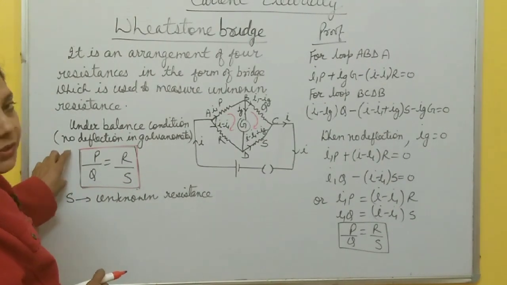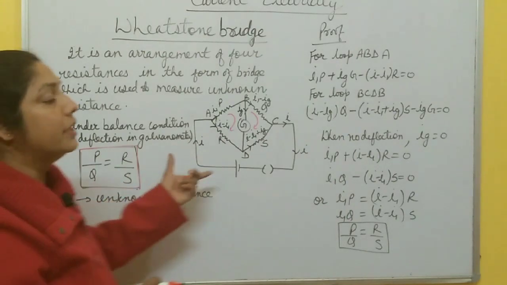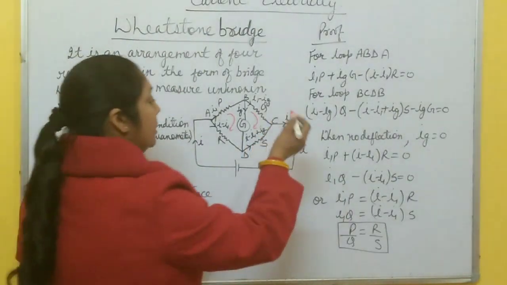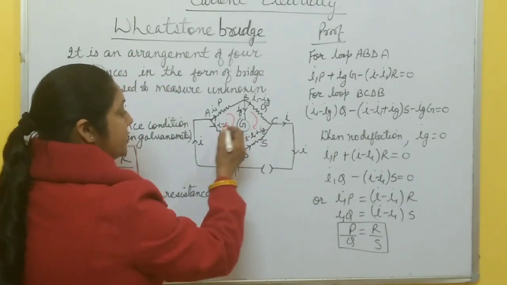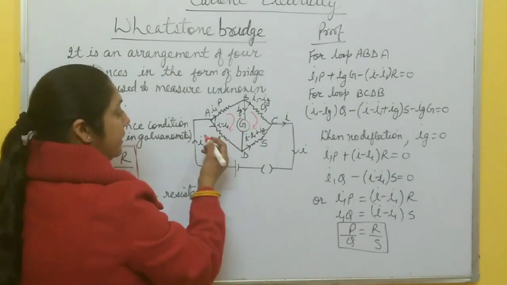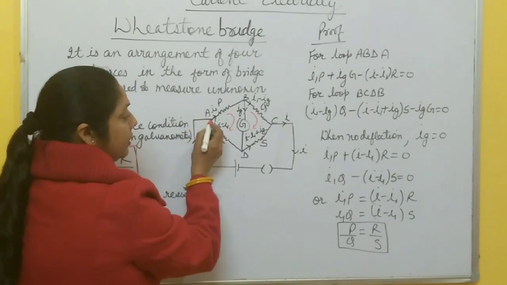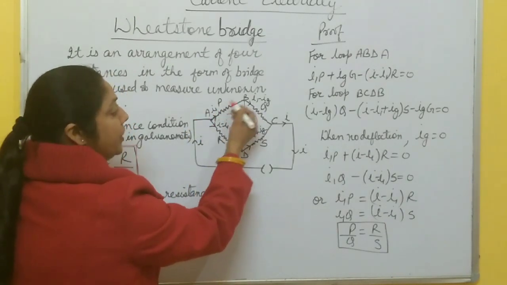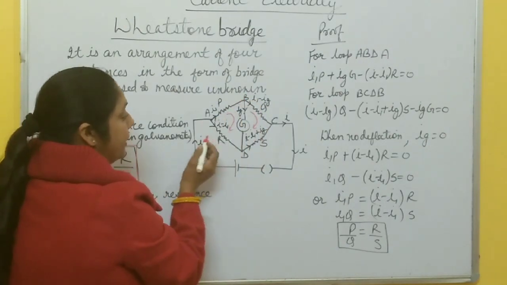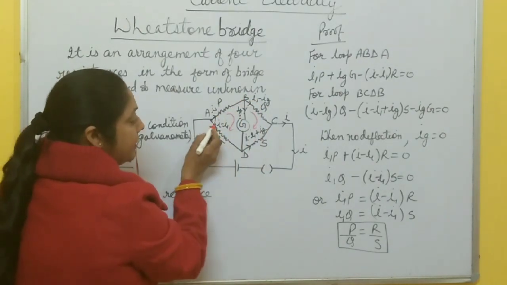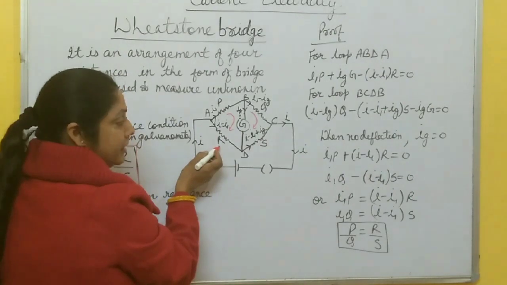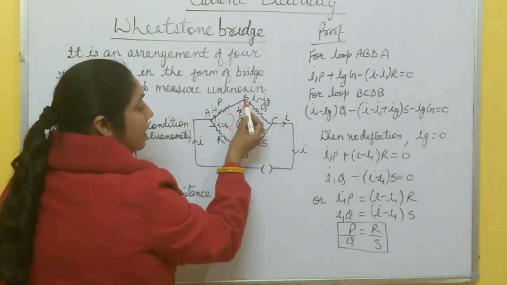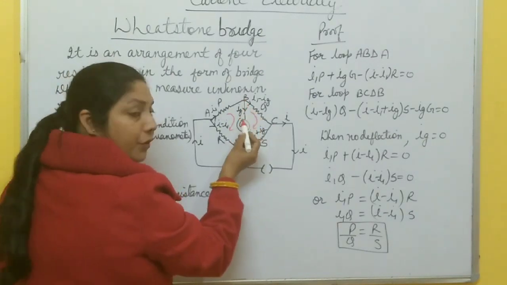Now how do you prove this? You have to prove this using Kirchhoff's law, which we discussed already, right? To prove this, suppose first I have drawn the current. Here current I is flowing. Now at point A it is divided into 2 parts. I1 current is flowing along AB, and the remaining current, I minus I1, is flowing through this R resistor. Okay. Now at point B, some amount of current is flowing through the galvanometer.